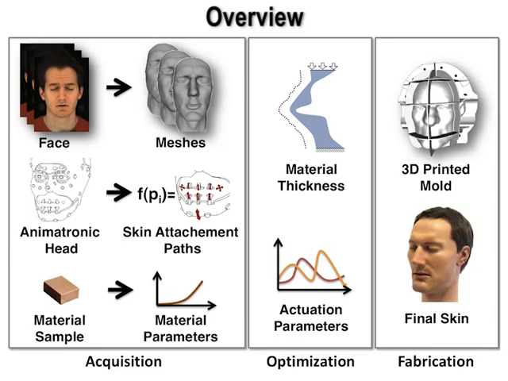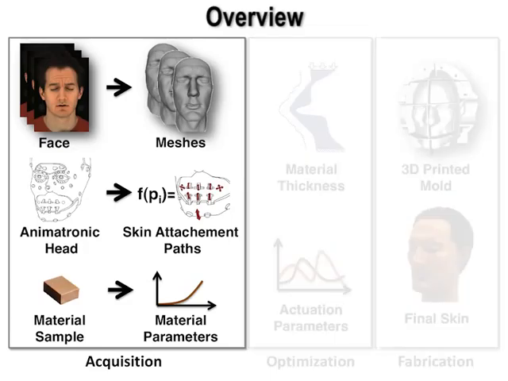In order to accomplish this task, we capitalize on recent developments from 3 areas in computer graphics: facial performance capture, physics-based simulation, and fabrication-oriented material design. The process starts by capturing 3D facial expressions for a given target subject. This data provides information about the deformation behavior of skin. In addition, we also determine the operational range of the animatronic head, which consists of a set of skin attachment